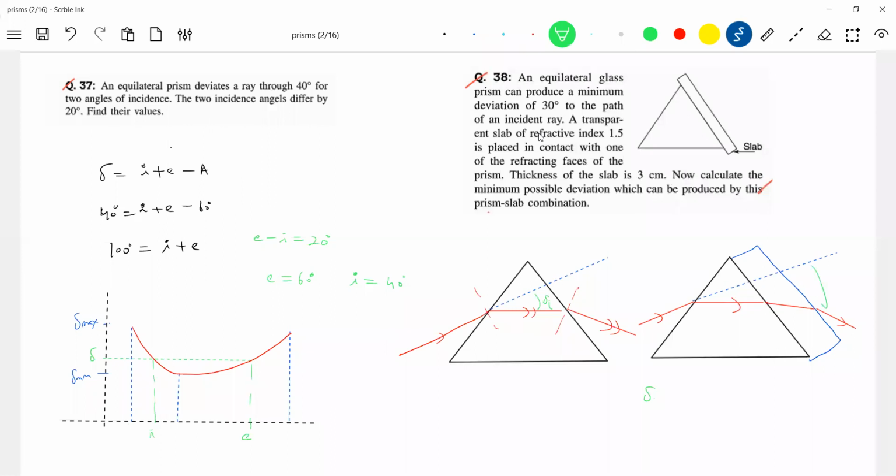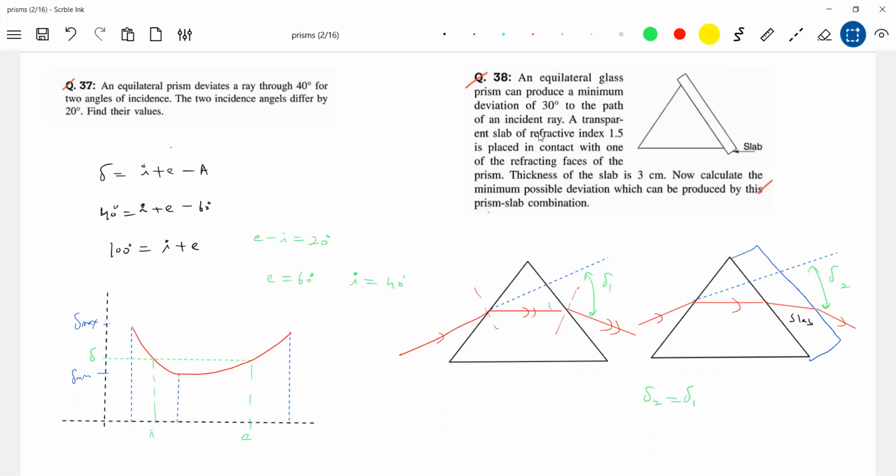Okay, this I think I'll show it here. Now what about delta 2, delta 1? Those two will be equal. So the effect of the slab will not be there, that's all. And you know how to calculate minimum deviation when it's given. Mu equal to sine of. They gave minimum deviation, sir. Directly, no. Okay, no need to calculate anything. Yeah. Okay, this one I felt was a really good problem.